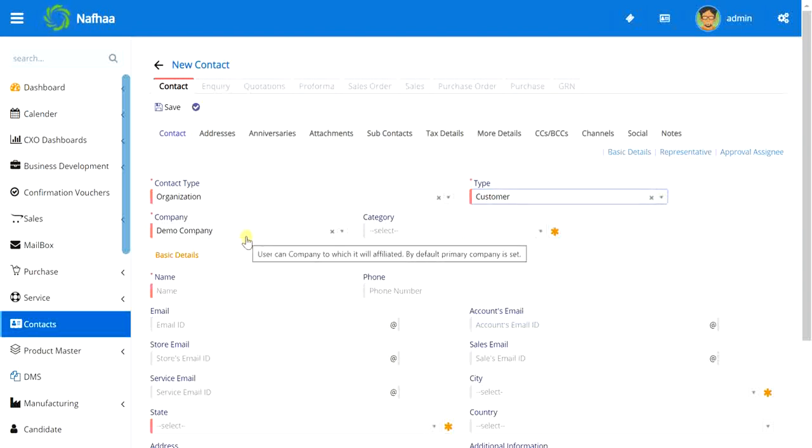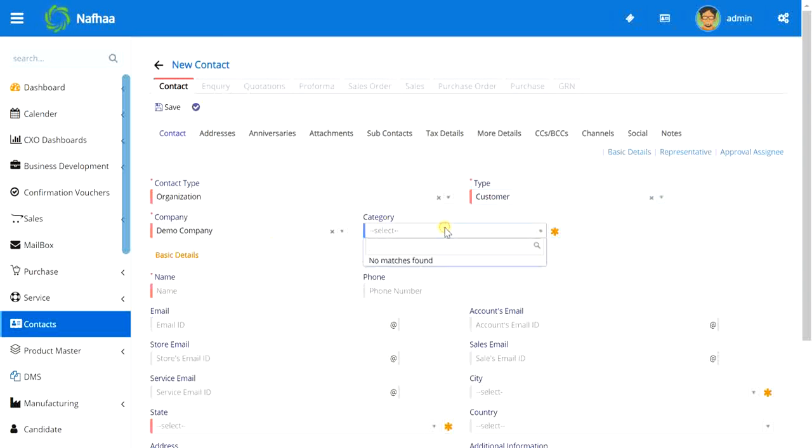Then NAFA offers the multi-company facility. So you can define your multiple companies, and you can even categorize the contacts into the multiple companies. We will have another video on what multi-company is and how it works in NAFA. But as of now, just take this as you can define which company your contact will go to. Like you have multiple companies, 1, 2, 3, where one deals in one domain, another deals in another product. So you can define your internal companies and your contacts can be categorized into a particular company.